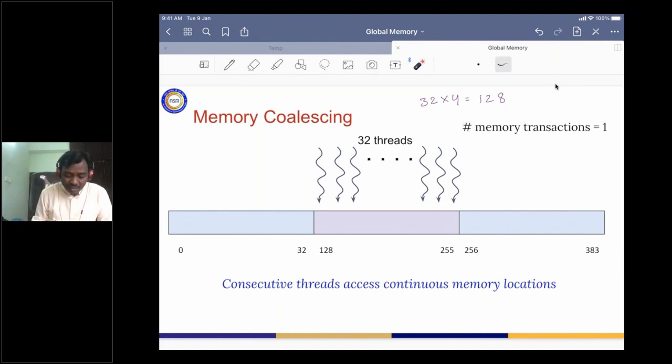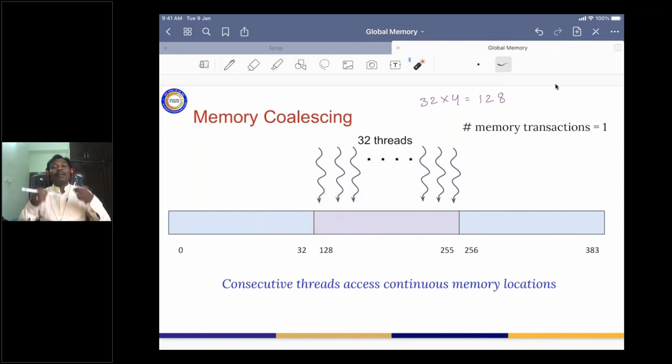You also notice this concept: consecutive threads access consecutive memory locations. If we fall in this scenario, then rather than performing too many memory transactions, we can combine all the memory accesses. This thread would like to read this location, that thread that location, and so on.